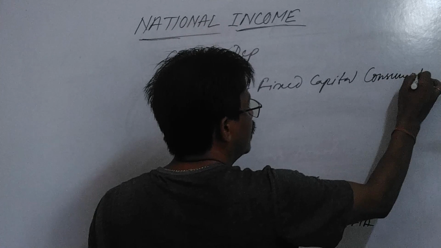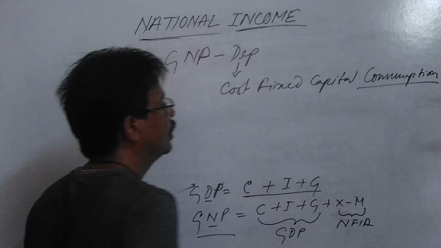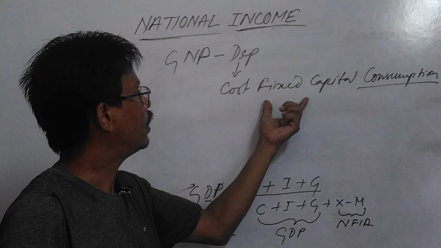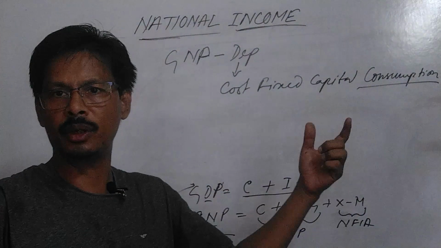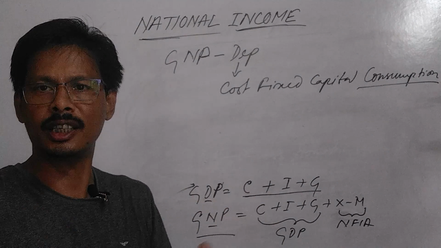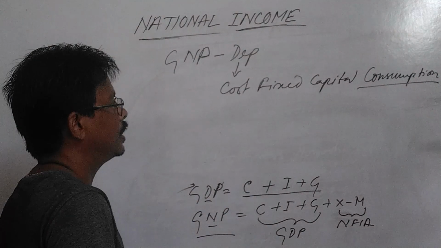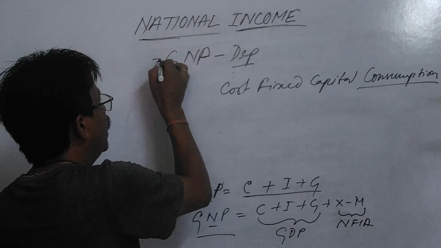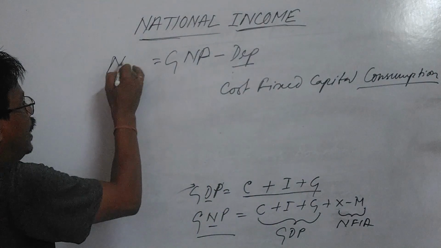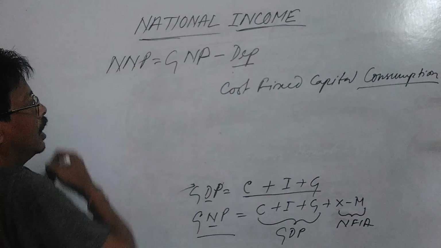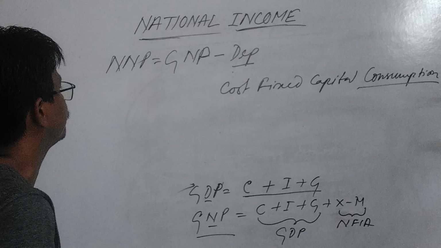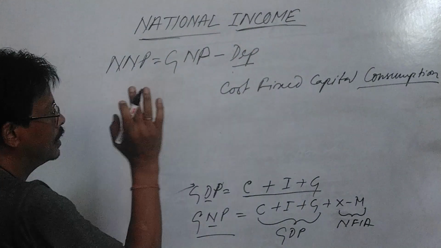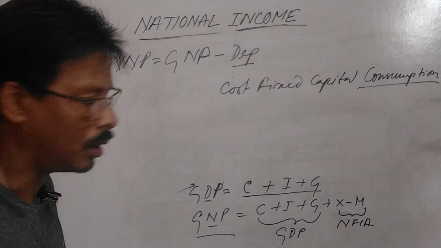When we are using the fixed capitals, they require some expenditure for maintenance or repairing or wear and tear. It is a very small amount that will be estimated approximately, and that amount must be deducted to obtain net income, net national income, to obtain national income. But there is a restriction